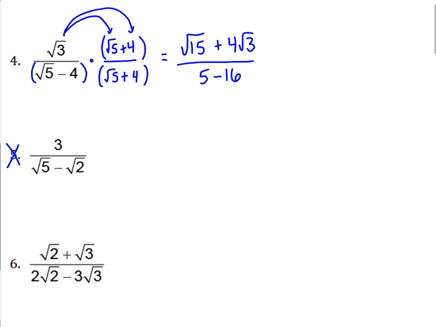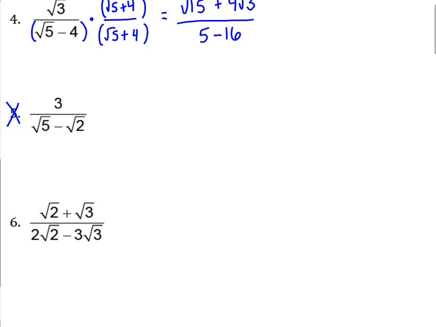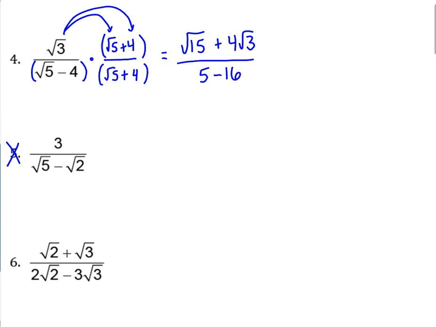Okay, careful. Root 3 times root 5 is root 15. Root 3 times 4 is 4 root 3. Root 5 times root 5, here is the difference of squares, right? So just the first and the last. Root 5 times root 5 is 5, but negative 4 times positive 4, there's no square root there. So it's minus 16. Don't put 4. It's not under a square root. It's just negative 4 times positive 4. So root 15 plus 4 root 3 all over